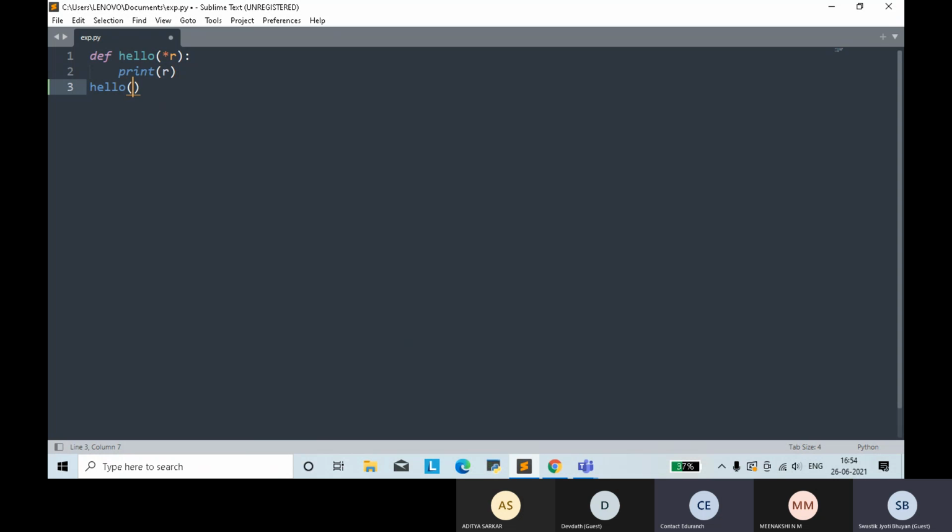Now you don't pass strings, you pass numbers: 1 comma 2 comma 3. Not necessarily you have to pass strings. How do you pass numbers? Numbers you don't need to put in double quotes, right? Just 1 comma 2 comma 3. Yes. Now run.